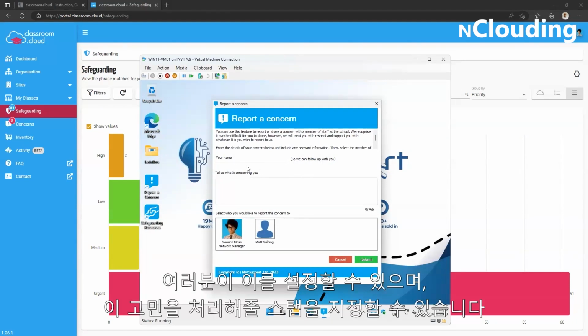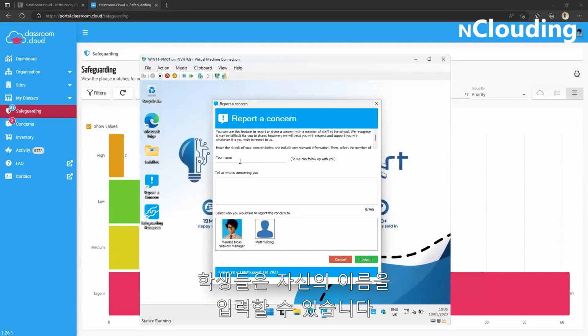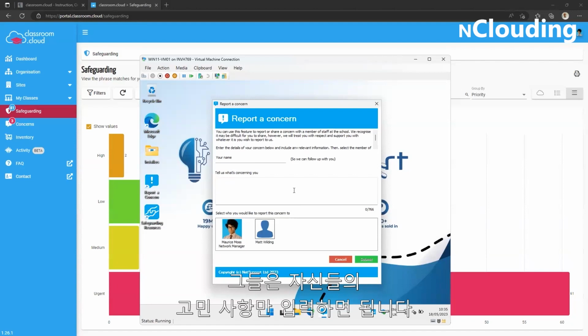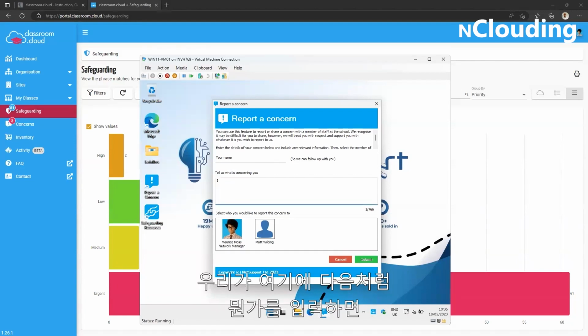So you can set this up. You designate which members of staff are going to deal with these concerns. Students can enter their name. They don't have to. If we do capture the logged on users, so if someone doesn't enter their name, then we can still hopefully identify who they are. They type in what's concerning them. So if we just put something in here, so